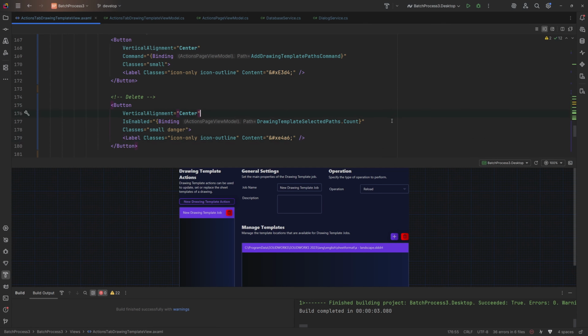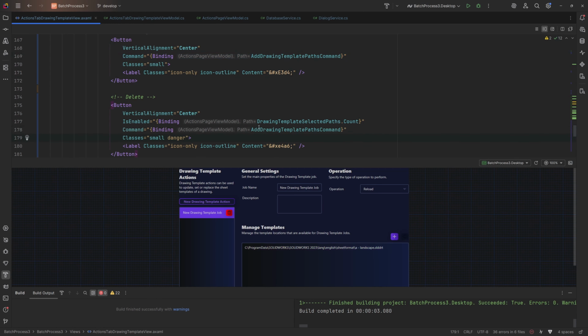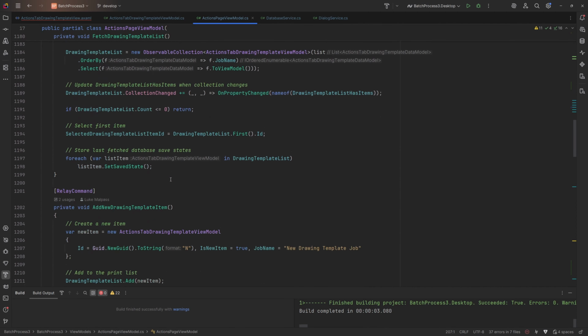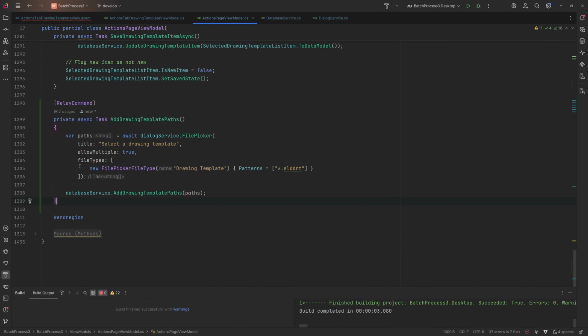Next would be the delete. So let's make a command. Let's just copy the command here, paste it down, change this to delete drawing template paths, and we're going to use the selected paths, so we don't need to pass anything in. But we can go to the actions page view model, down to the add, and we want one for delete. So we'll just copy the header,